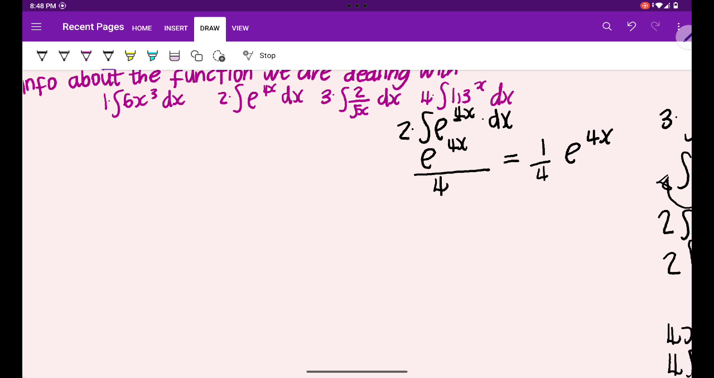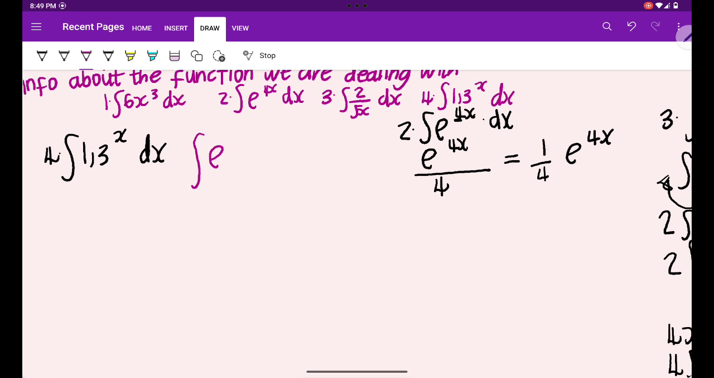Okay. Number 4, which is an interesting one, says integrate 1.3 to the power of x dx. So what we are used to is something like integrating e to the power of kx, right? And if you remember from last year,